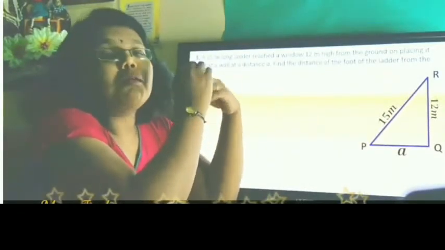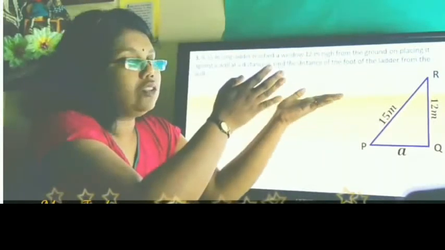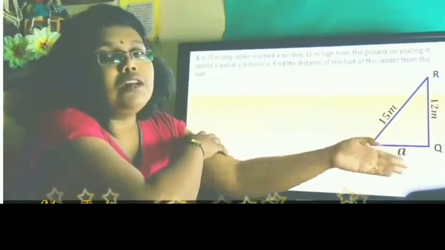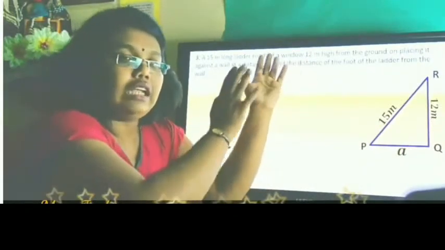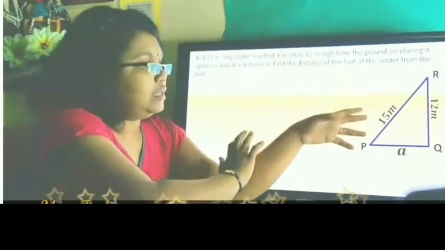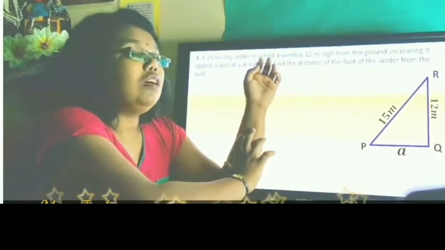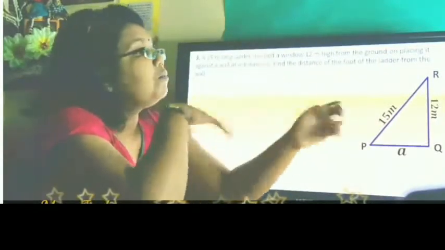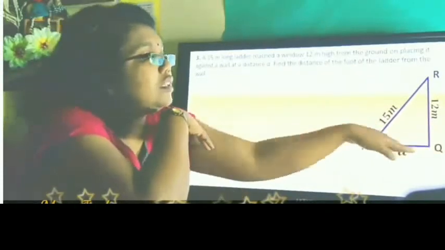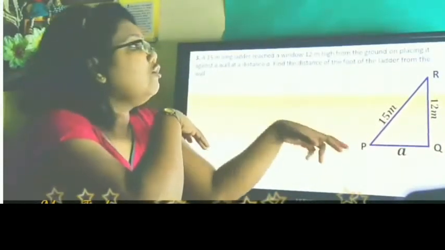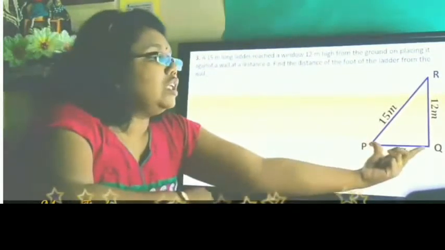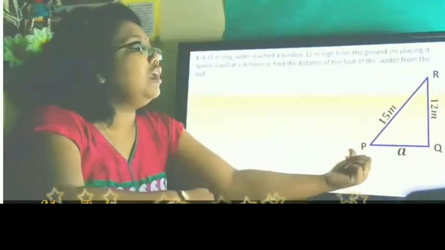Whenever we talk about right angles in context with Pythagoras, we always consider the ground to be a flat, straight line, and the wall is perpendicular. Even though you may say that it's a crumbling wall, or leaning a little against something, it's not acceptable. Even the Eiffel Tower is supposed to be perpendicular to the ground. Alright, that's how it works. So here, this is our wall, this is our ladder, and this is the space between the ladder and the wall. So how far along we have to put it to reach a window 12 meter high. So we need to find this distance, the space between the ladder and the wall.